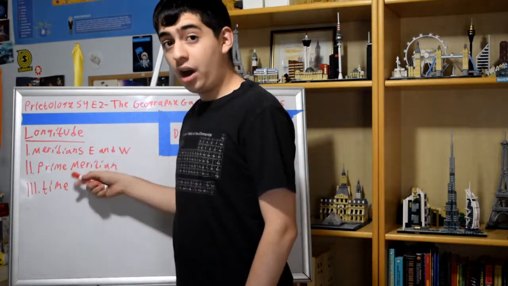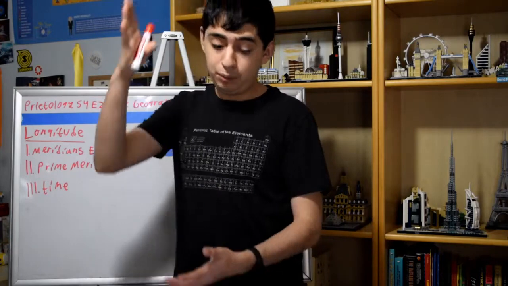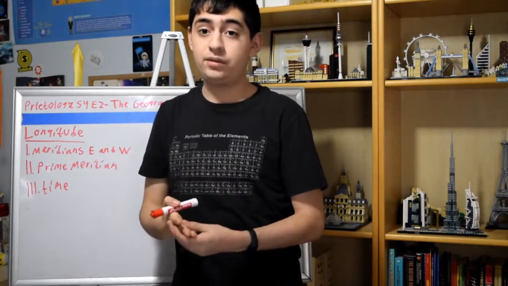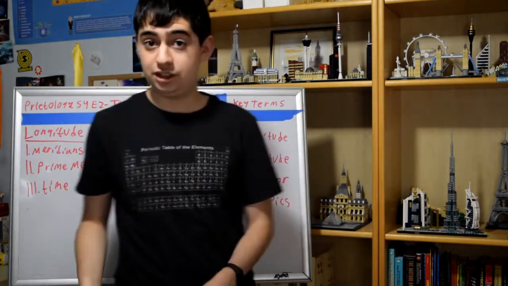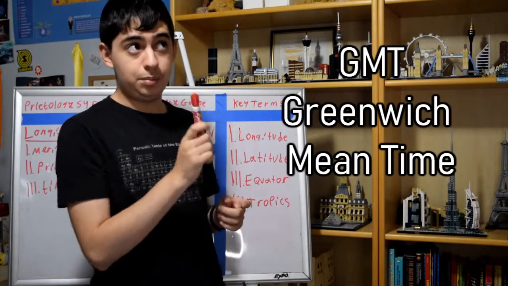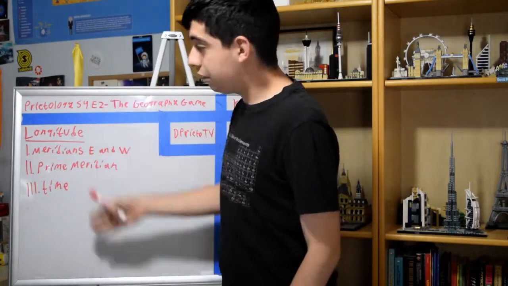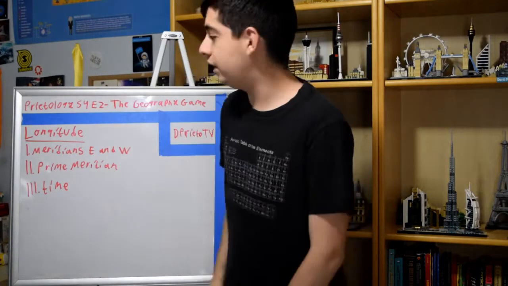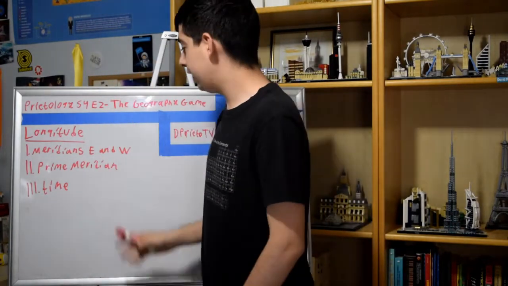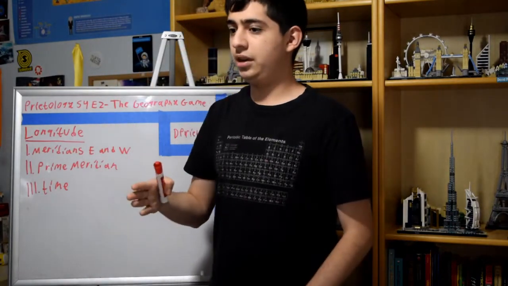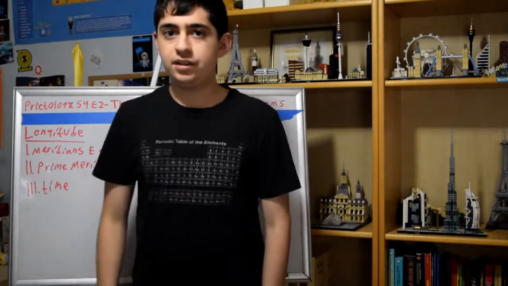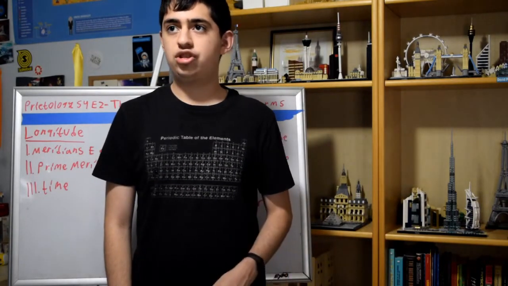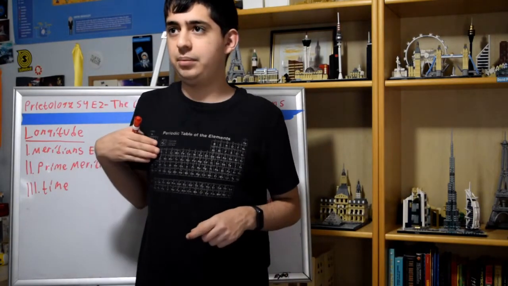There is something called the prime meridian, which runs exactly through the middle of something called Greenwich, which you've probably seen as GMT time, Greenwich Mean Time. It's at 0 degrees, neither east nor west. It's exactly in the middle of the Earth, the exact middle of the time, and anything to the west, so it would be, if this is the Greenwich Mean Time, then starting this way it would be 10